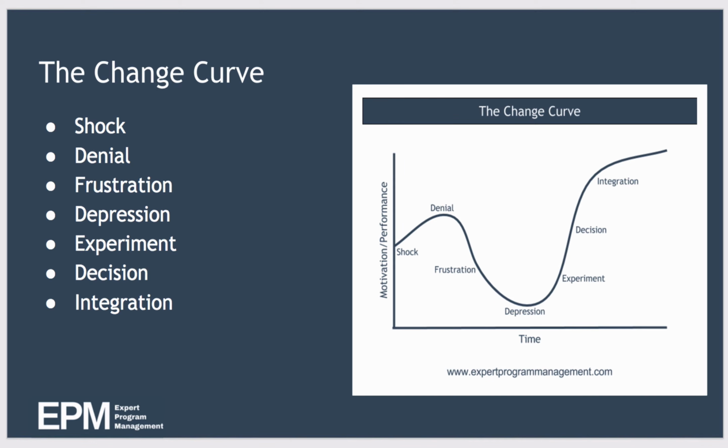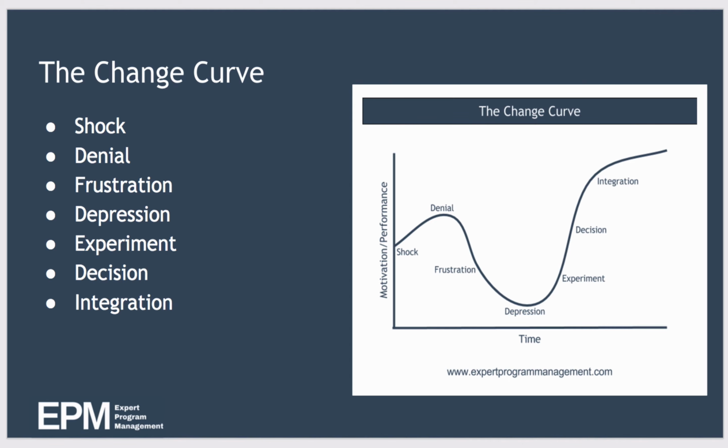But as time moves on, productivity drops even further as anger gives way to depression. But it's always darkest before the dawn, and this phase is also associated with people beginning to accept that the change is actually going to happen. Basically, people finally start to let go of what was, and they start to accept what is.